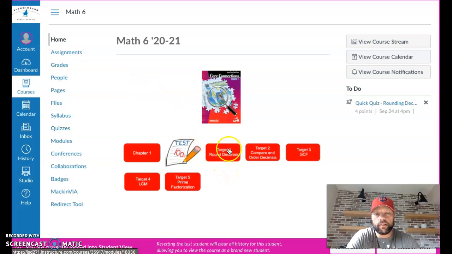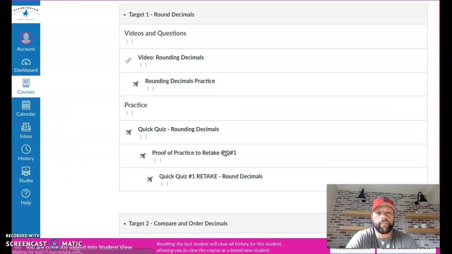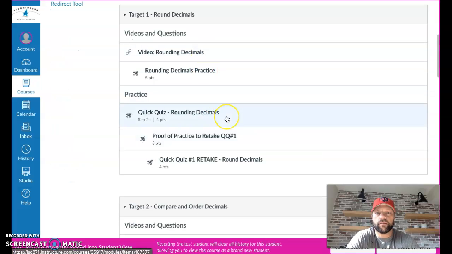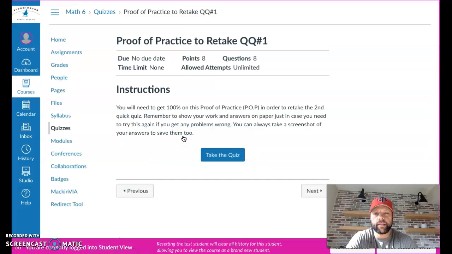Okay, so target number one is what I'm going to click on. So if I click there, I'm going to read, I have the decimals, and then you notice here's our quick quiz that we took yesterday, and then I have a proof of practice that is going to show up. So this proof of practice is what I'm going to click on,